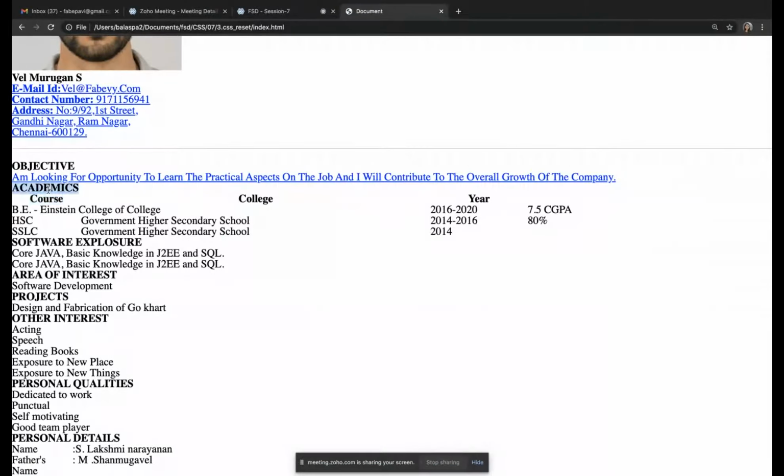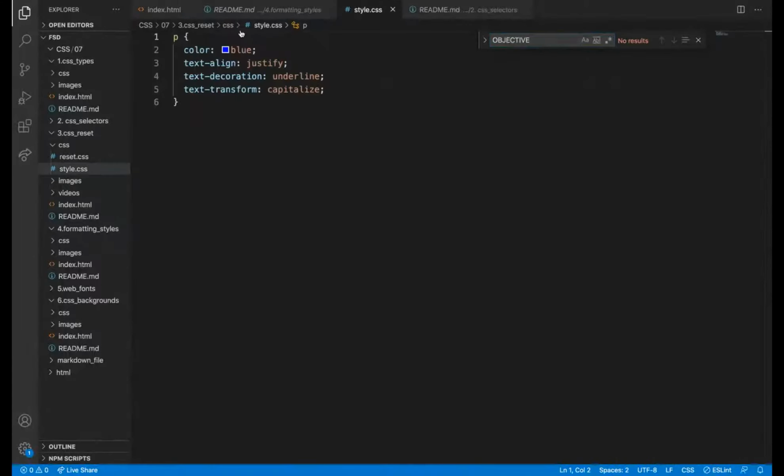So capitalize won't work, because what capitalize does is take the first letter and change it into a capital letter. Already all the first letters are in capital letters. Previously I tried it for H2 and no change was there.